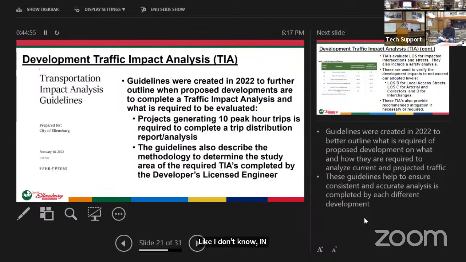So is there a threshold? I mean, if you build less than 9 units, then you're... is it more than 10? It's 10 peak hour trips, and that creates the requirement for the analysis. So you assume every household creates one peak hour trip. Correct, yeah. There are manuals that dictate this; you can have a small family or single family residential. The guidance of how many trips is created is based on square footage or number of employees or number of days or different criteria.